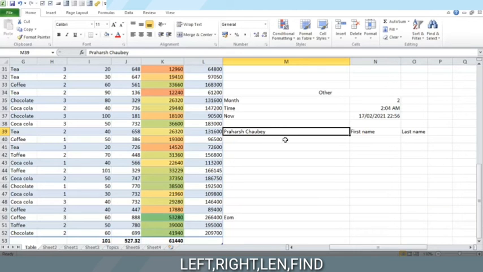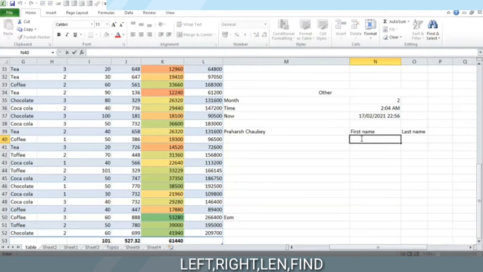Here we have my name. Now we want to find the first name and last name out of this. We can do it using the left and right. This left function will take a complete text and extract a specific number of characters moving from the left to right. So suppose we put an 8 here. The left will now look at this text and move 8 characters left to right.